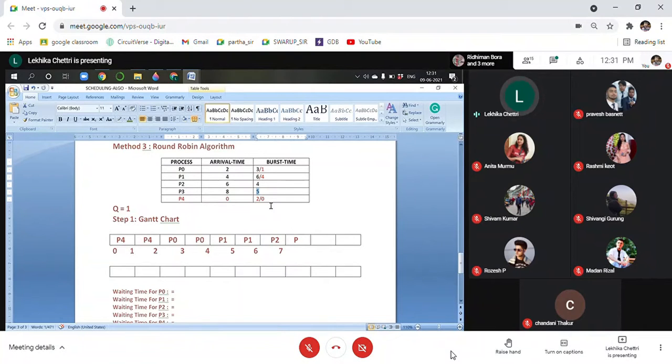So the total burst time, if quantum is 1, is the number of times it enters. For example, if burst time is 5 and quantum is 1, then P3 will enter 5 times. If quantum was 2, then 2 continuous cycles and 1 at the end. So it will go 5 times, but swapping will be performed 16 times.